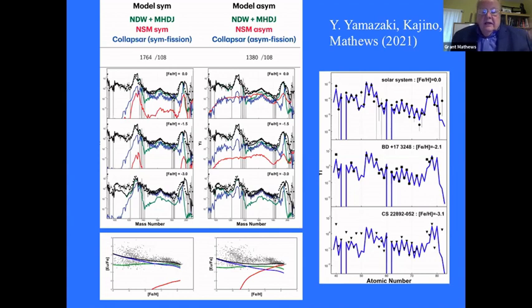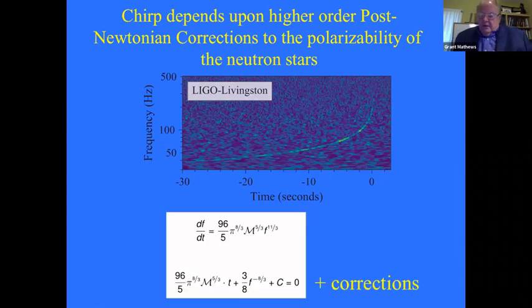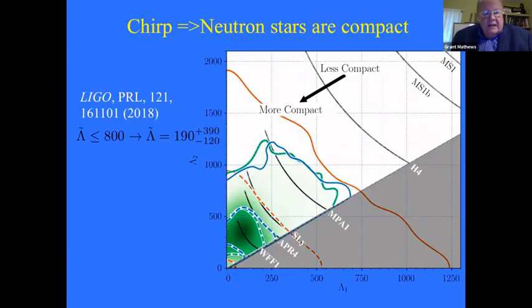Anyway, I won't go through it because Taka already did. I just want to talk about, again, there's a key equation of state issue in these very massive neutron stars. You probe directly, just like in heavy ion collisions, aspects of the nuclear equation of state. The LIGO analysis uses a post-Newtonian analysis. There are corrections for what's called the polarizability, how easy it is to deform the neutron stars. And the famous plot that's gotten better over time shows that only the most compact equations of state seem to be consistent with the data.